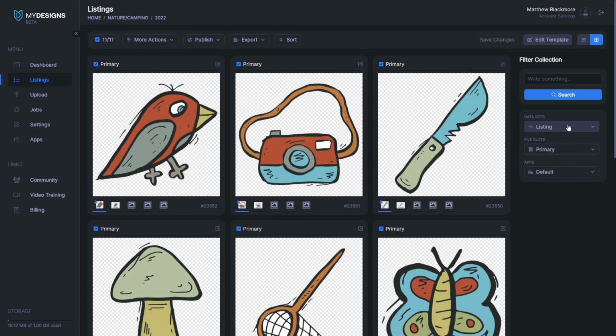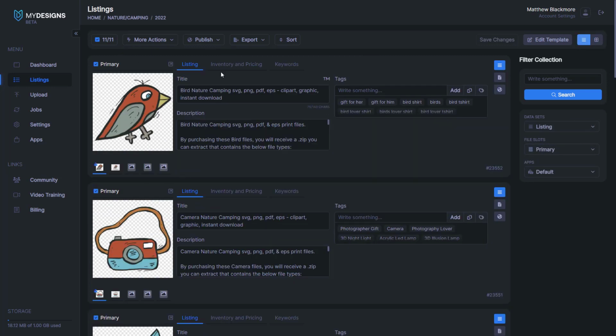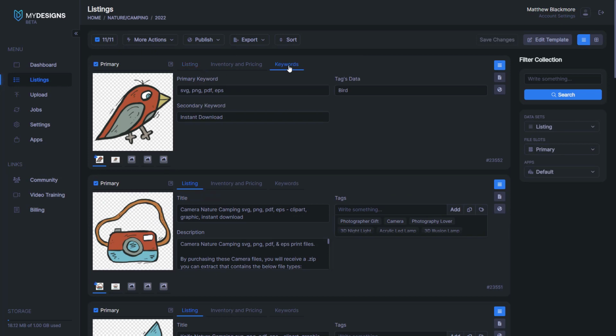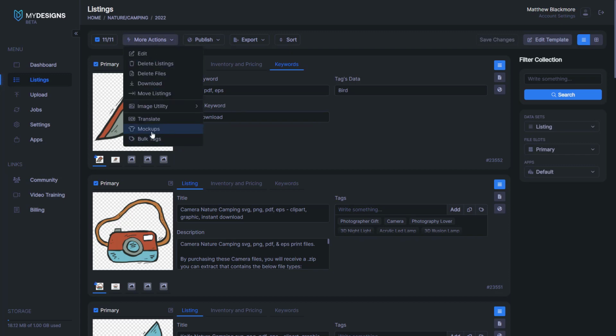If I go back to the actual listing here, I want to show you under keywords, this is where we're pulling that data from. So when you saw me creating those mockups and I selected primary keyword, it's pulling this data here, and then secondary keyword was instant download. So I'll show you again on this next mockup